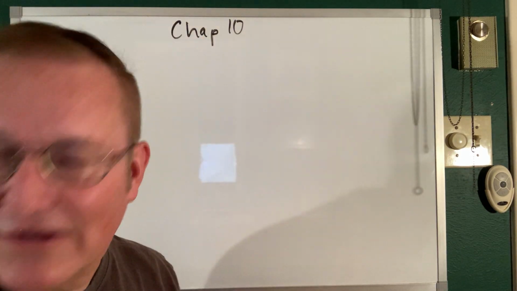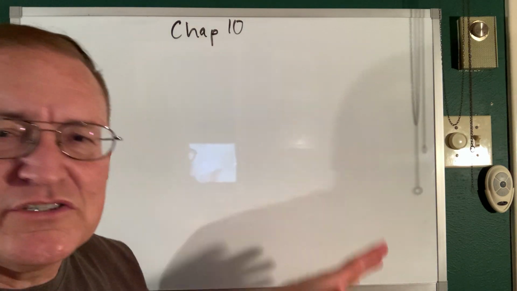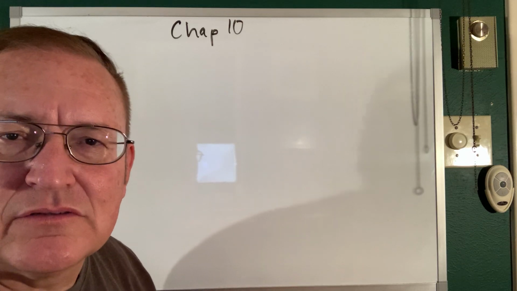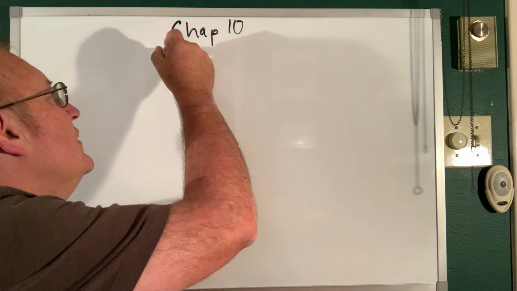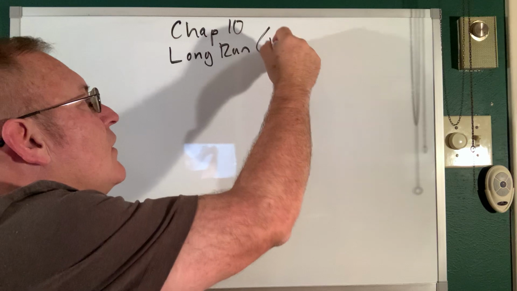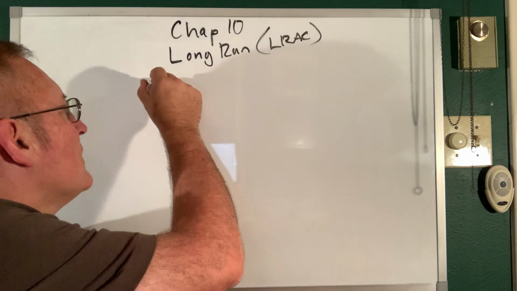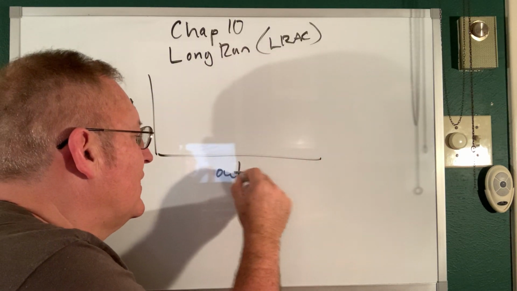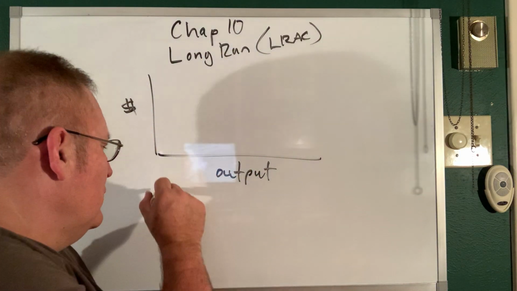So let's talk about long run. Now, I'll go back to what we said earlier, right? In the long run, both variables, labor and capital, are variable. And this is what the long run looks like. So we'll call this long run average cost. Okay? All right. So let's make this the cost side, and let's make this output. Okay? Now, for a new firm,